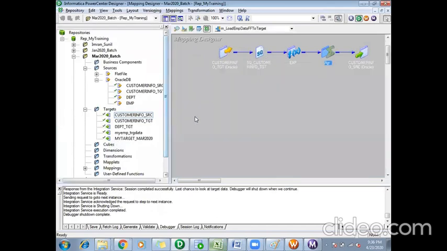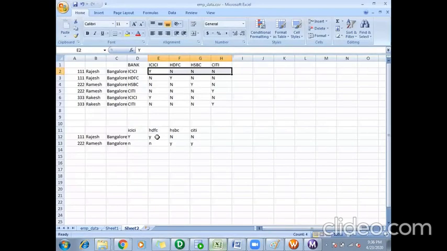So you can use the debugger mode also to see how for each record the data is flowing in each transformation. And another best way is creating this Excel. Try how you want the data, and based on that, you will keep on adding your transformations and developing your code.